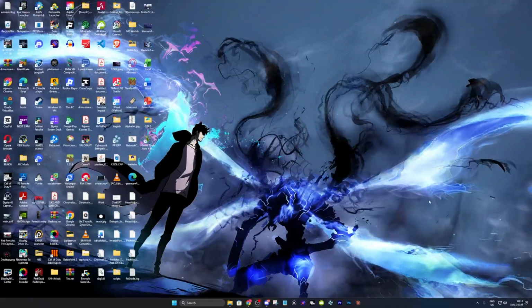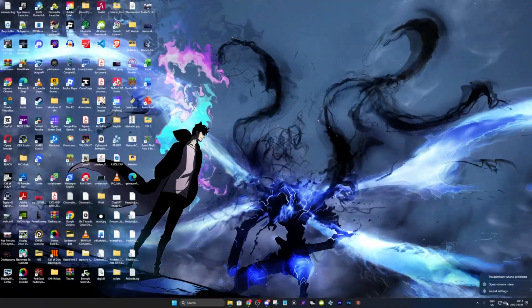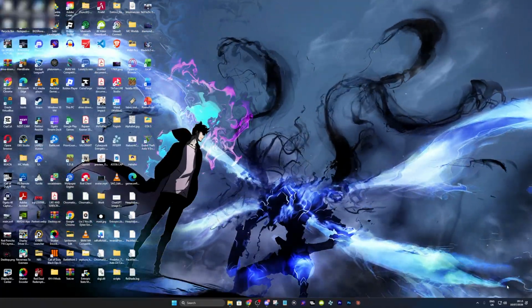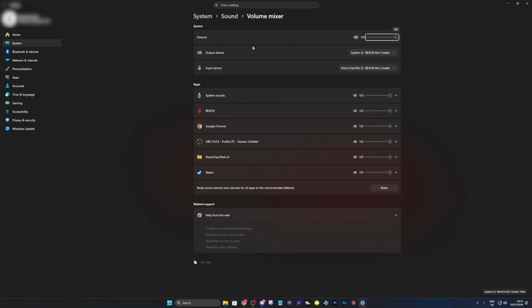But it's very easy to go ahead and do this. So what we're going to do is firstly go over to our volume mixer. So we're going to right click this volume icon and then go here. Make sure your input device is the correct one. So in my instance, this is voice chat mic, and you can also make sure the volume is set to